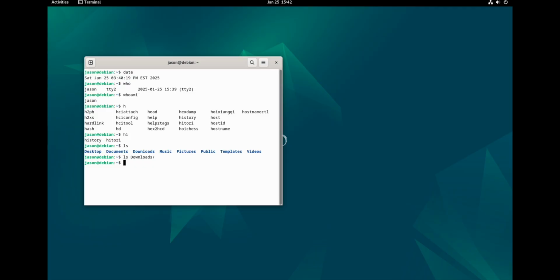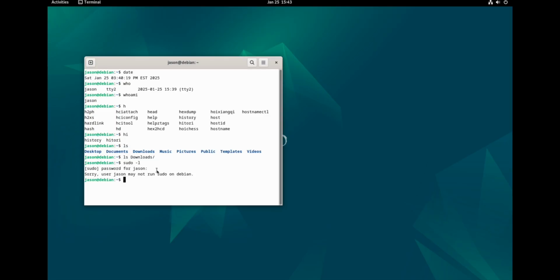Now, I wanted to bring to your attention that these are all commands that can be run in our current user mode. If we want to run commands that require root access, such as doing something to the system like making a file, making a directory, or installing applications, then we would need to be a part of the sudoers group, the sudo group. Now we can type in the following command to see if we are in the sudo group. We can say sudo -l and press enter, and it asks us to type the sudo password for Jason, and it says, sorry, user Jason may not run